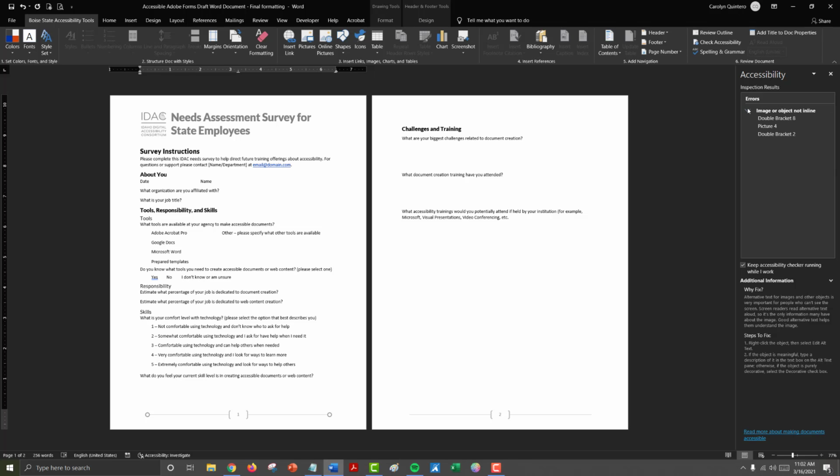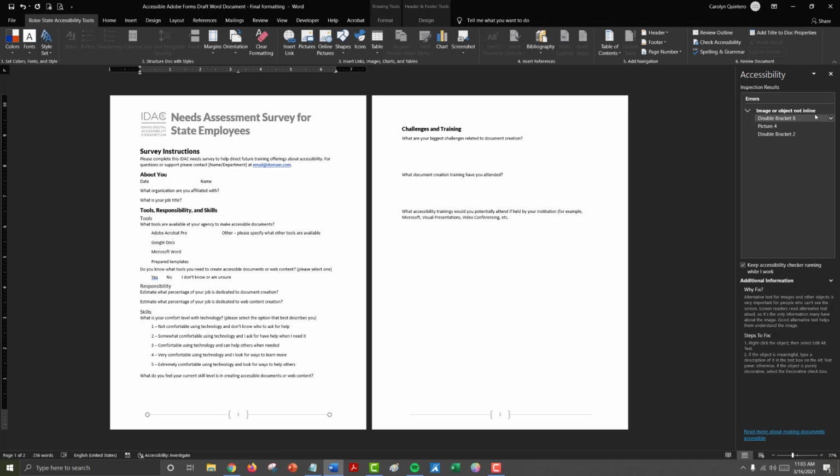Another common error for Microsoft Word is image or object is not in line. If you remember, we text wrapped our logo, and probably those images in the footer also have some text wrapping. If you are sharing this as a Microsoft Word document, any image has to be in line with the text. Otherwise, it may be hidden for screen reader users.